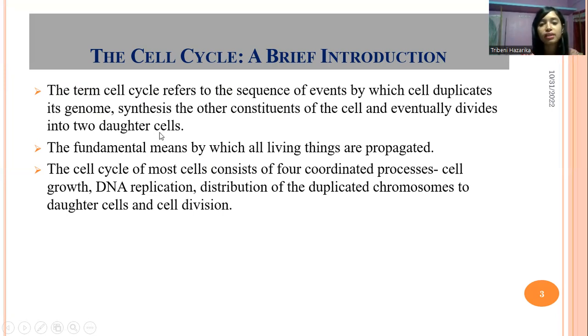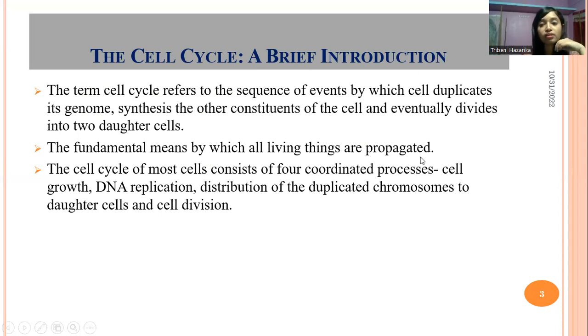What does this sentence mean? This means that the cell cycle is achieved by duplicating their contents and by dividing into two, in which each parental cell gives rise to two daughter cells each time they divide. And also we can say that the cycle of cell growth and division allows a single cell to form a structure consisting of millions of cells. The cell cycle division is the fundamental means by which all living things are propagated.